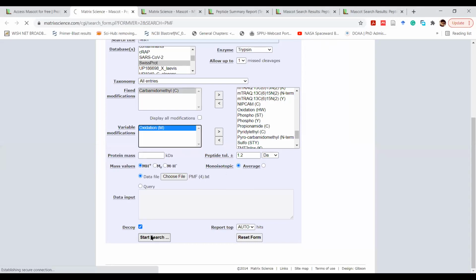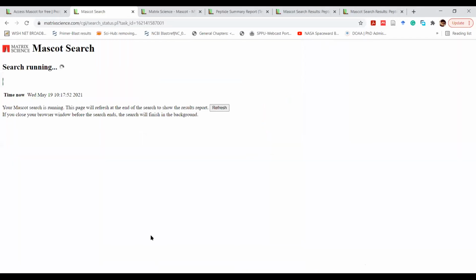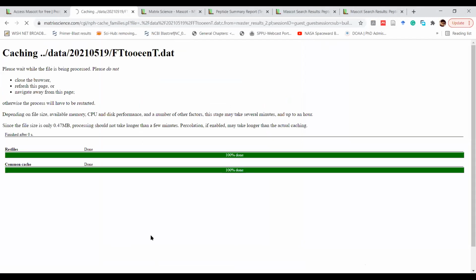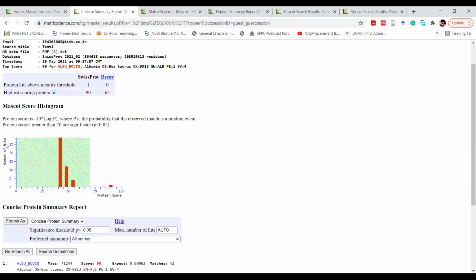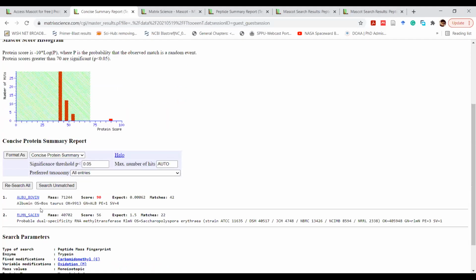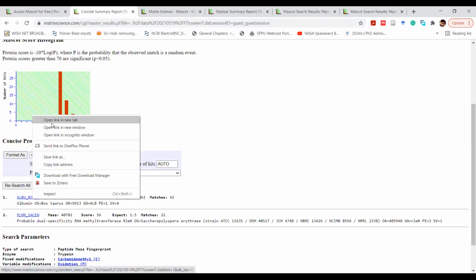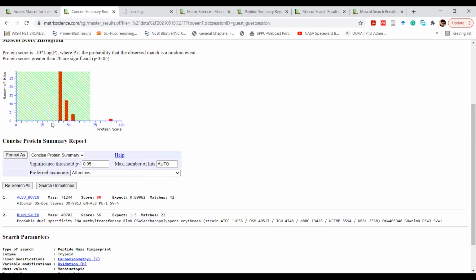So if we give it a quick search, it will also give a similar result, but the main difference would be you won't have the details of the peptides that we got in the MSMS answer. Similarly, here you can see that below the threshold value there are 3, but beyond the threshold value there is only 1 protein that has hit. And this number of hits is basically the number of peptides that hit correctly. So this, again, is bovine albumin. You can go and search what peptides actually hit with it. You would probably find 1 or 2 peptides that have hit.